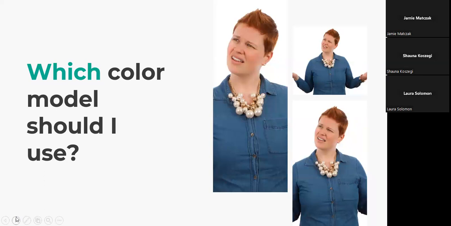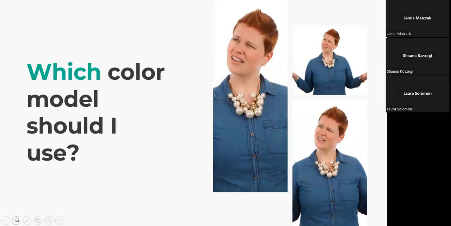Generally, choosing a color model is a fairly minor, we hope, color design decision, but good things are made with small decisions, right? So we want to make sure that we're using the right color model for the right job. If you're doing something with a poster, you're probably not choosing any of these. If you're trying to do something that spans both digital and print, you're probably going to have to do some kind of conversion at one end or the other.